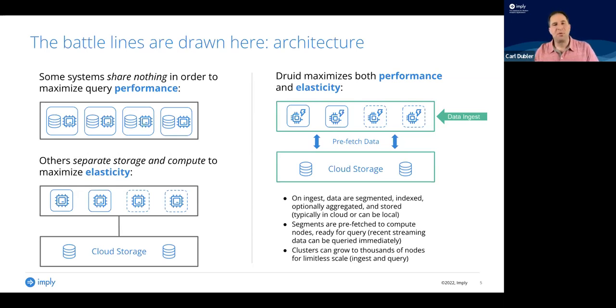At the same time, to improve query performance, we take the data that is in the deep storage layer and we prefetch it up to that compute layer so that there are no wasted cycles trying to optimize cache, or cache misses when you are doing a query. You don't have to worry about what your users are going to query next. And we can do this at a lower cost because we have a very efficient storage architecture.